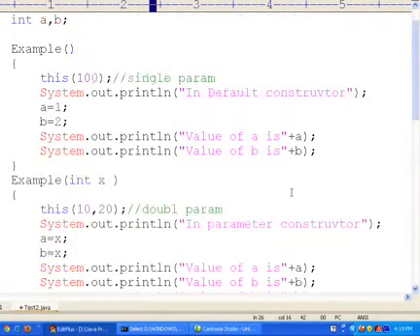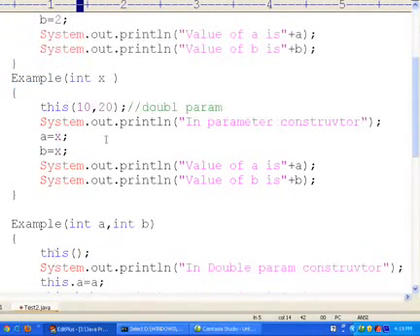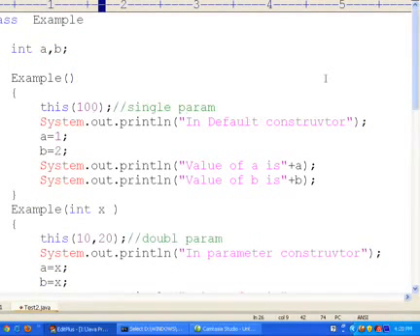First we have initialized the object with respect to the default constructor, and then the default constructor calls the parameterized constructor, and the parameterized constructor in turn calls the double parameterized constructor. But if we place this statement, the control again shifts back to the default constructor, and in the default constructor we are again calling the parameters constructor. So it is going to be a continuous loop,